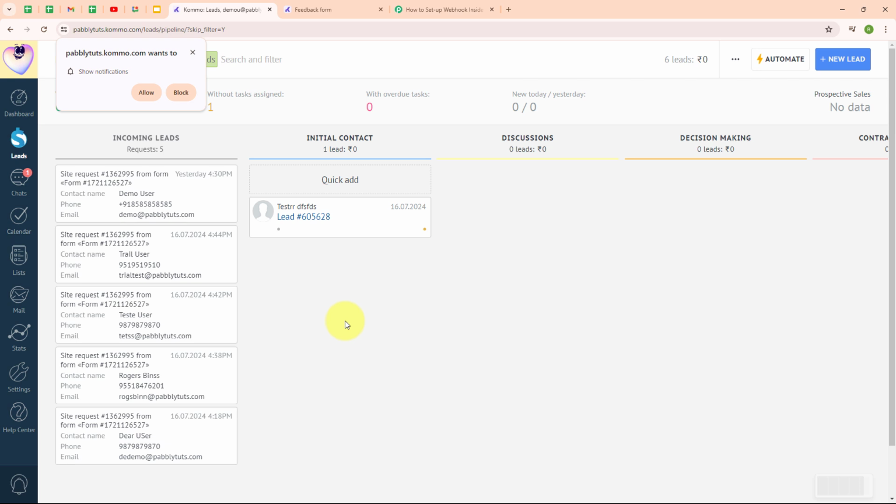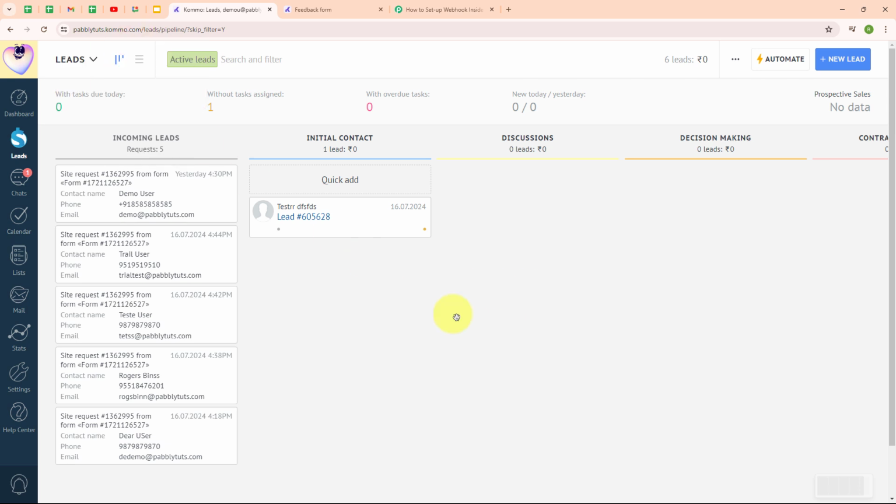The visual sales pipelines provide a clear overview of where each deal stands, while automated workflows handle routine tasks, freeing up more time for your team to focus on closing deals. All of this combines to provide a pleasant experience, making customer relationship management simpler and more effective.